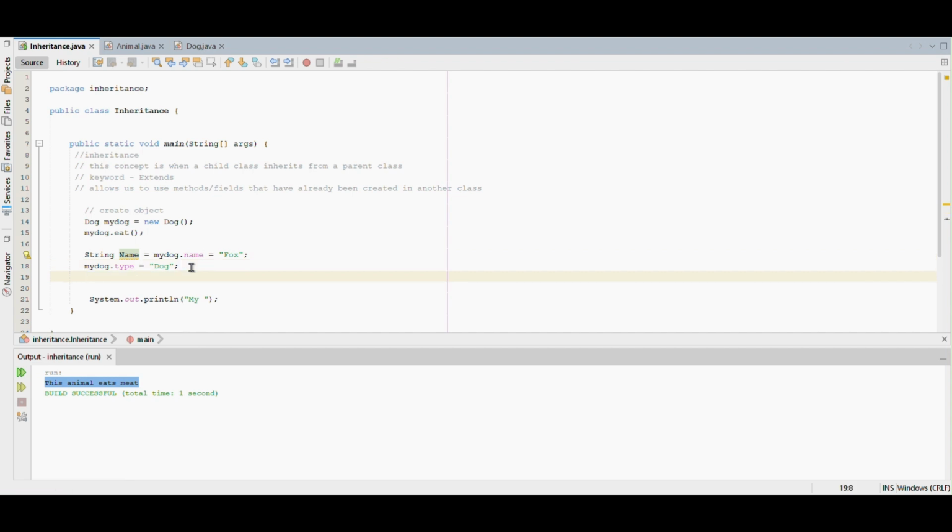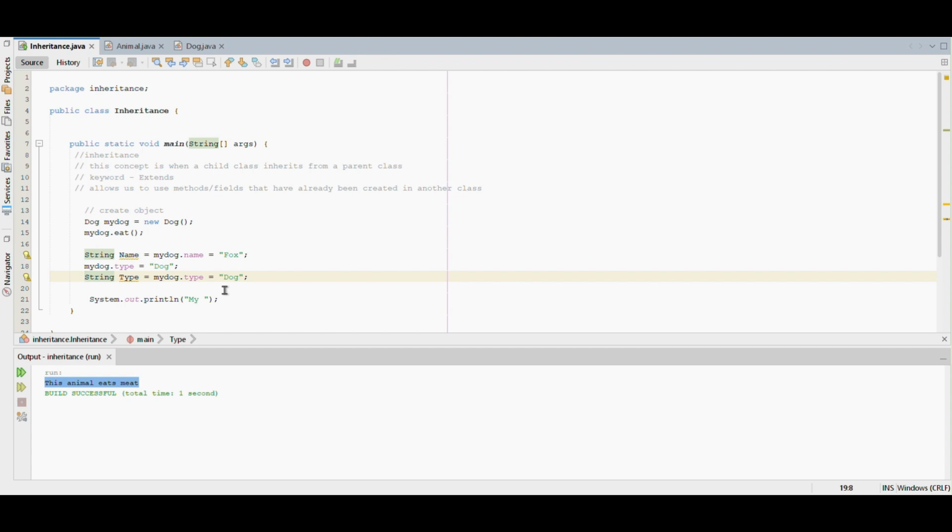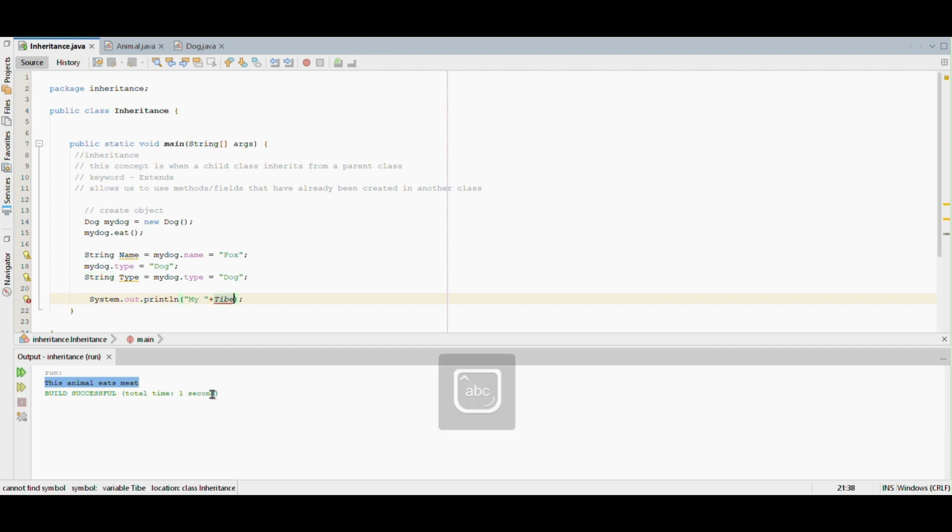Then we say string type is going to be this, come here, and that's all. I want us to display the information. So now I come here and I concatenate and I say my type, the type of animal. So it's going to say my dog's name is, so if we run this class,